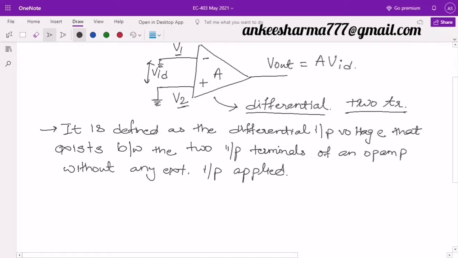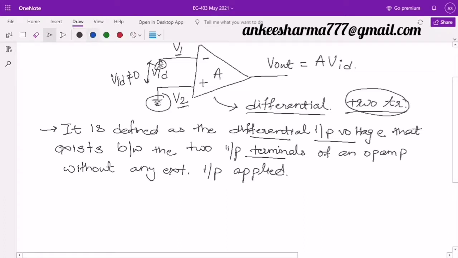We will discuss it another way also. First, as I am saying, it is simply the differential input voltage that will exist between the two input terminals of an op-amp when we are not applying an input. As you can see, the inputs applied here are 0, no external inputs are applied, but still some voltages will appear inside due to the biasing of this operational amplifier. Being the first stage a differential stage, it consists of two transistors. These two transistors cannot be the same. It means the voltages available at the input terminals will be different, and due to this there will be some difference in the voltage, or you can say VID will not be equal to 0 in this case.